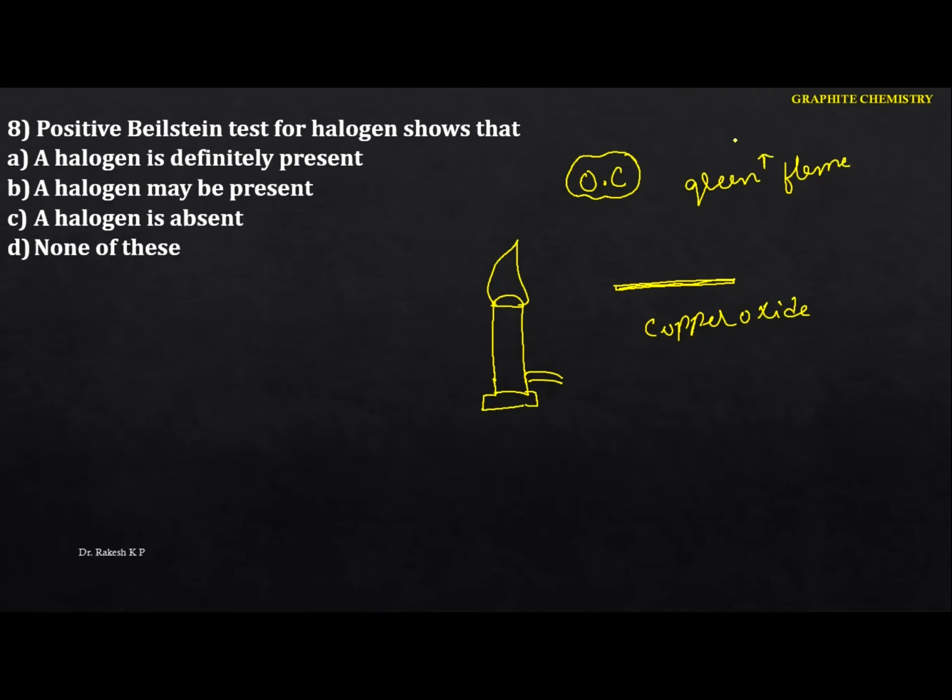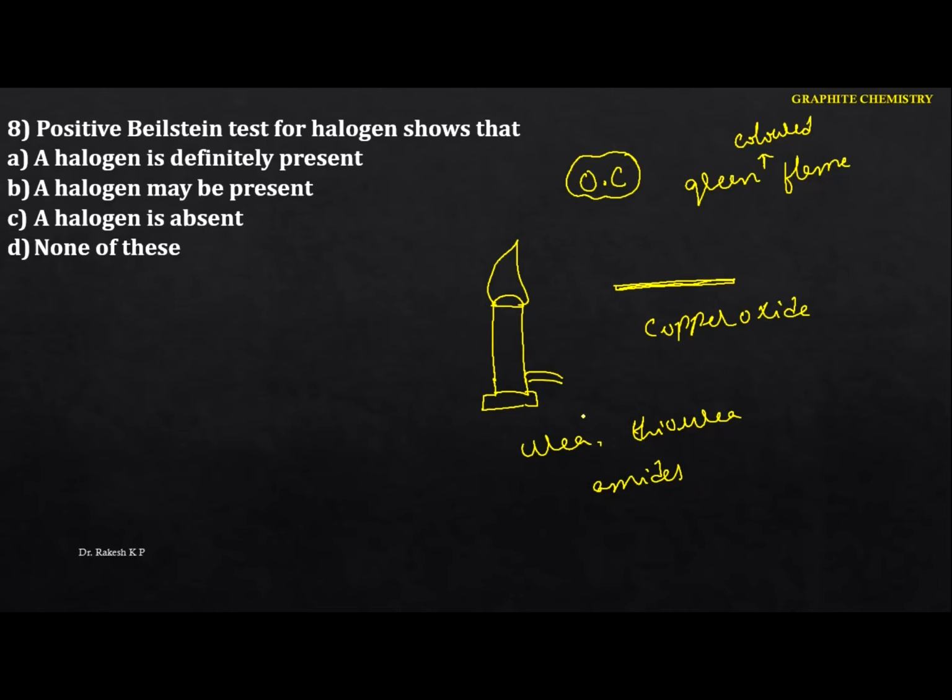Suppose you get the green colored flame, that shows the presence of halogens. But see the one more drawback here. It not only answers for the halogen present in the organic compound, but also for some halogen free compounds, like urea, thiourea, and also amides. Because these contain nitrogen, sulfur as well as nitrogen, but this compound does not contain a halogen. Hence we call them halogen free compounds.